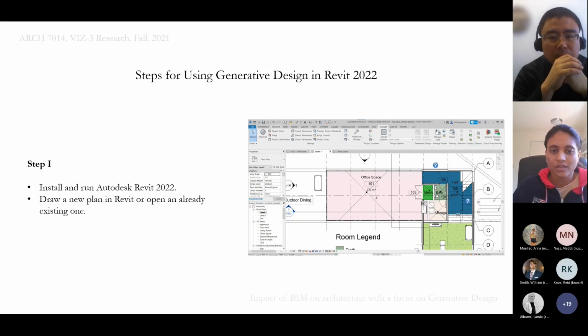So for that I used the software Revit, and there is a tab over there called Create Spaces. I used that to get my study and observations. And as I went on with my study,